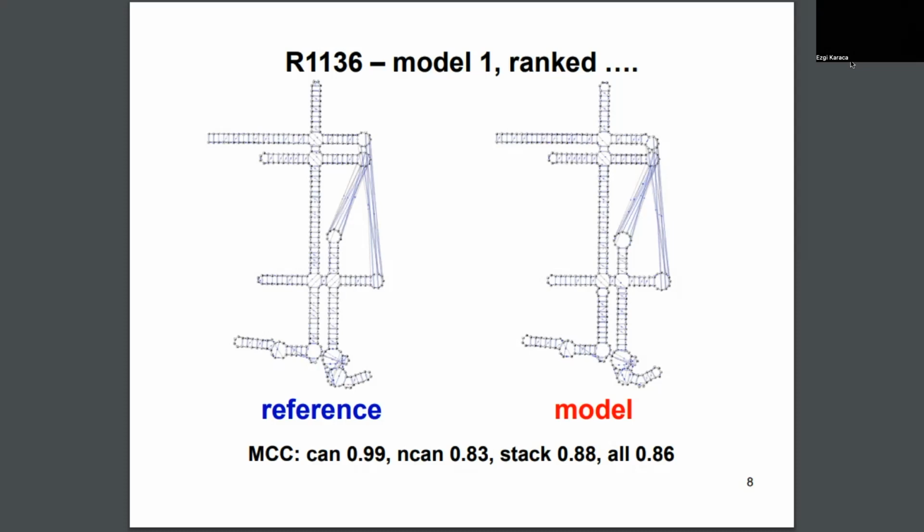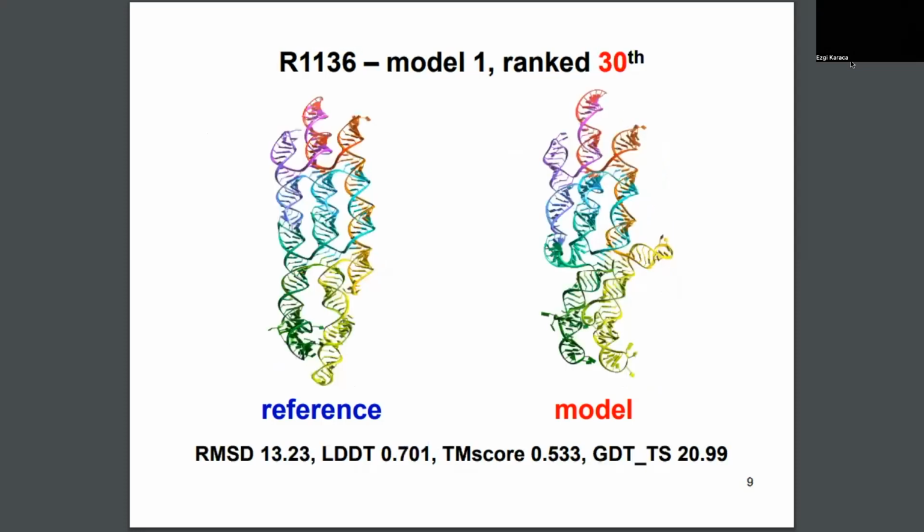What about the 3D model? Well, we can mess it up even if we have great contacts predicted. This is because during the simulation, our method got the topology of four-way junctions right in this part, but not here. So here, as you see,